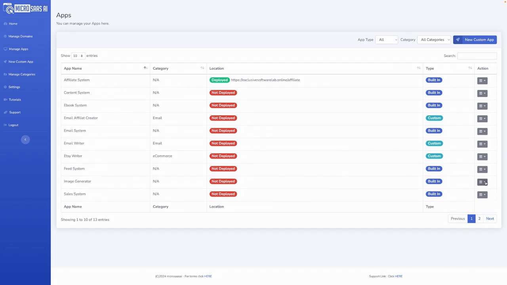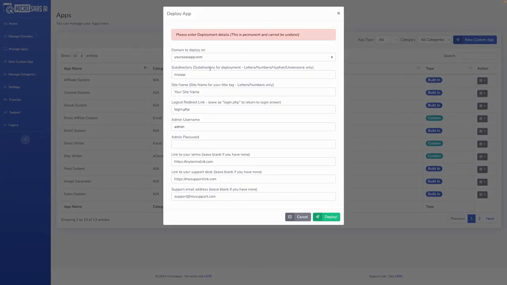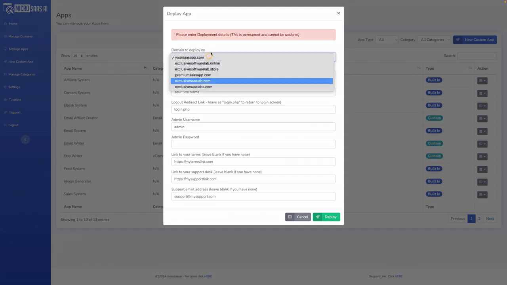So we go over here to this little drop down. You've got a personal login. You've got a deploy here. So let's click deploy. Once you've added your custom domain in, you can use your custom domain, or if you just want to use any of our domains, you can use those as well. So we'll use this one here,